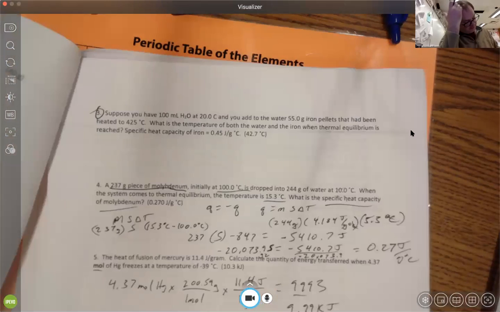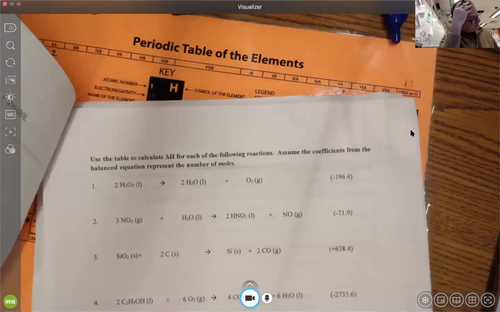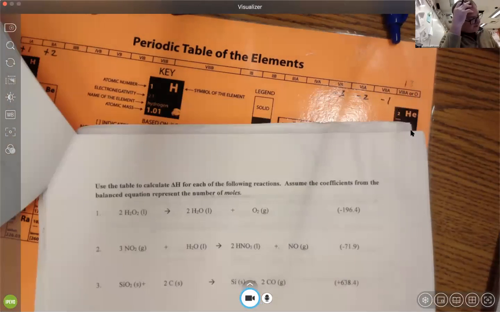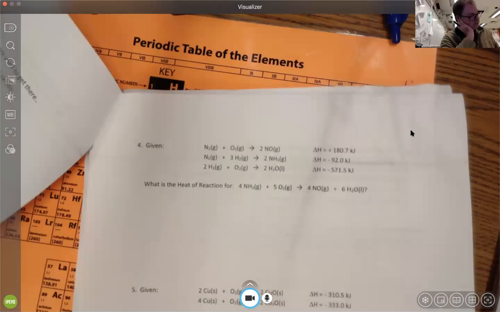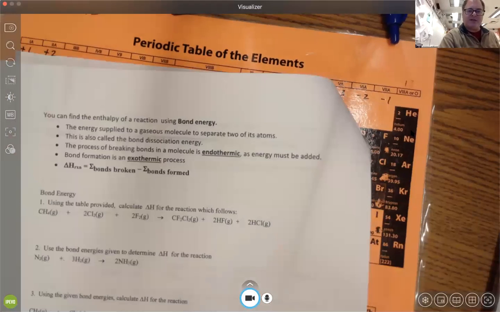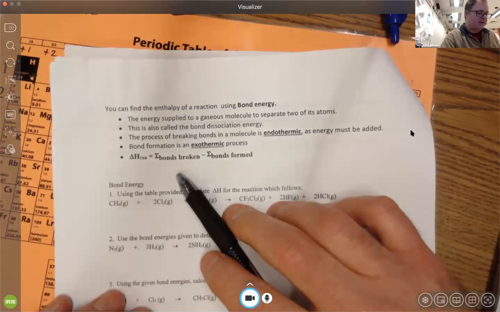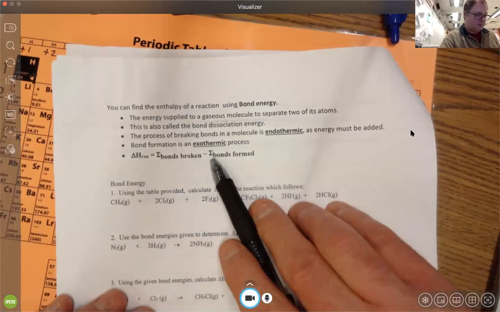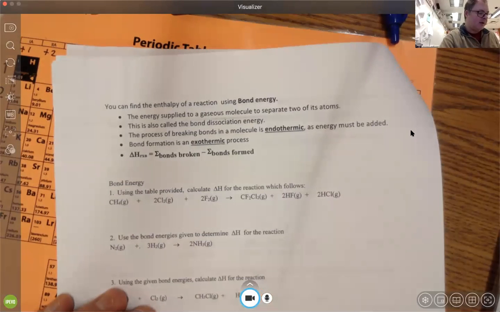And then looking at the rest of the unit for next week, we got the heat of formation, if you recall that. Products minus reactants. Hess's law next week. And then bond energy. And keep in mind when we look at this, this is the only one that is kind of really different. You take the summation of the bonds broken minus the summation of the bonds formed. And a lot of people have trouble with this aspect when it comes to bond energy,